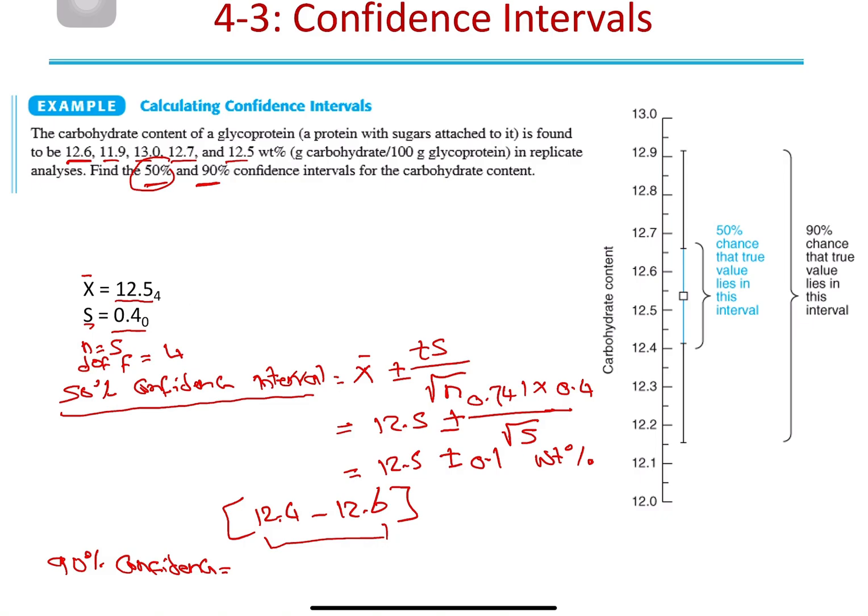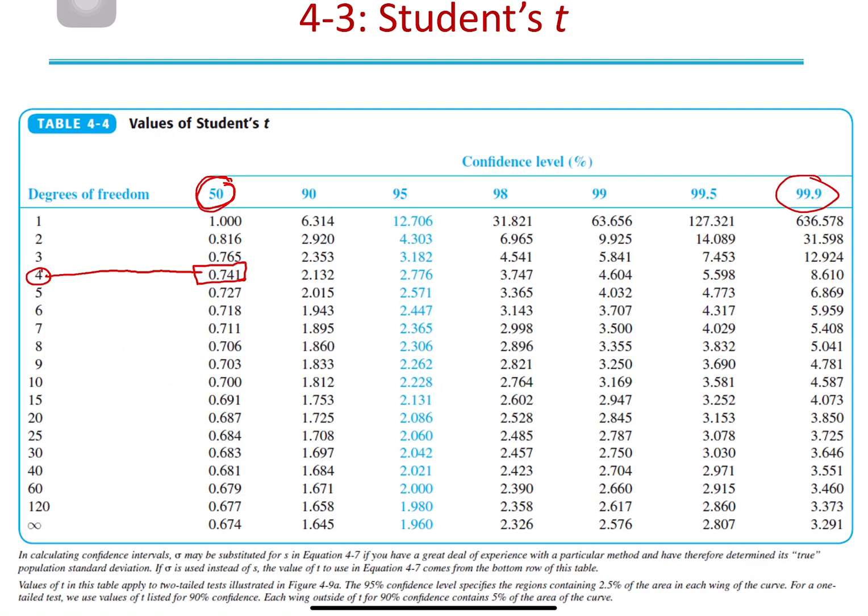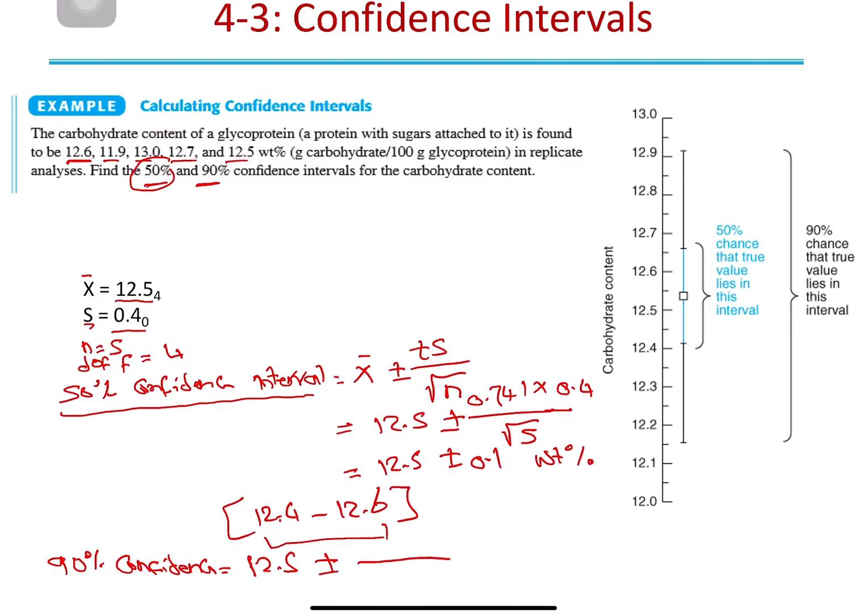All the values will be the same except for t, so it's 12.5 plus or minus. Let's have a look at the t. Again, degree of freedom is 4, but it's 90%, so this one is 2.132. So I will put this in my equation, 2.132 times 0.4 divided by the square root of 5. My answer will be 12.5 plus or minus 0.3. That means now my interval is 12.2